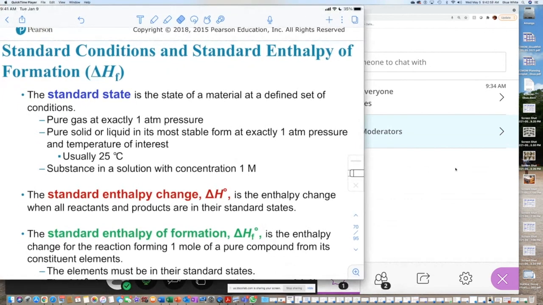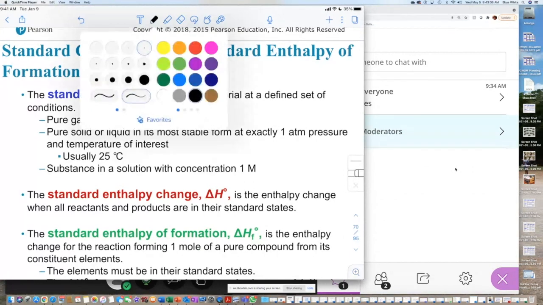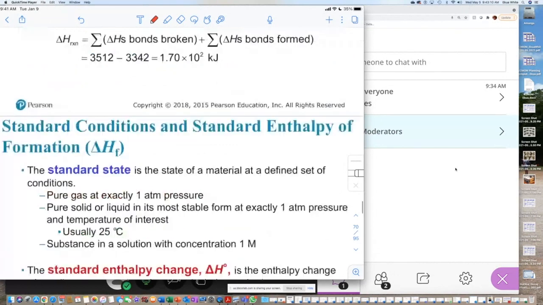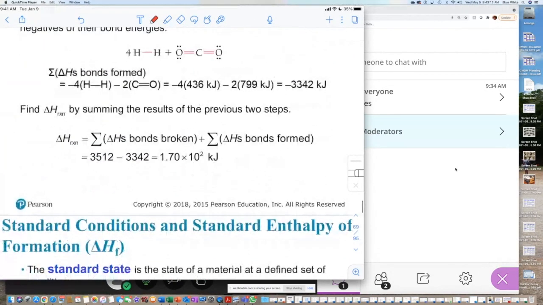Anyway, to wrap up this chapter, we're looking at the energy exchange at standard conditions. So let me get the right color pencil or pen. Okay, so what we just did here was calculate delta H of the reaction by looking at the bonds broken and the bonds formed. And essentially, when you're looking at this, bonds broken,